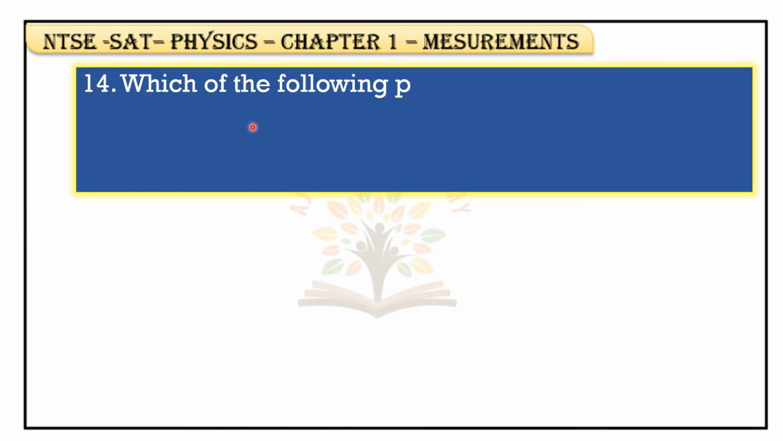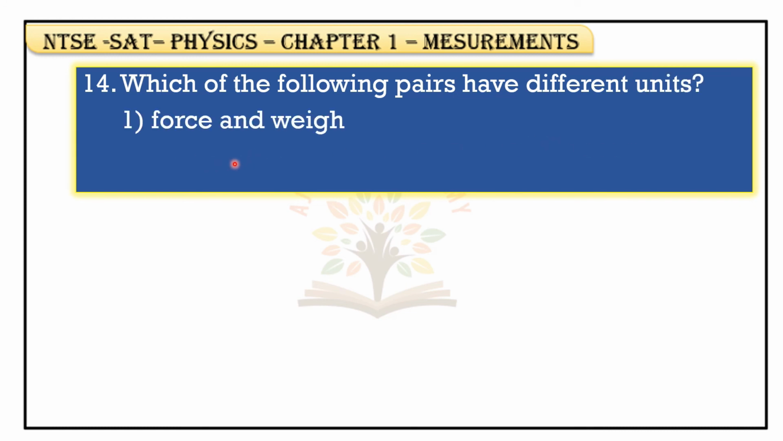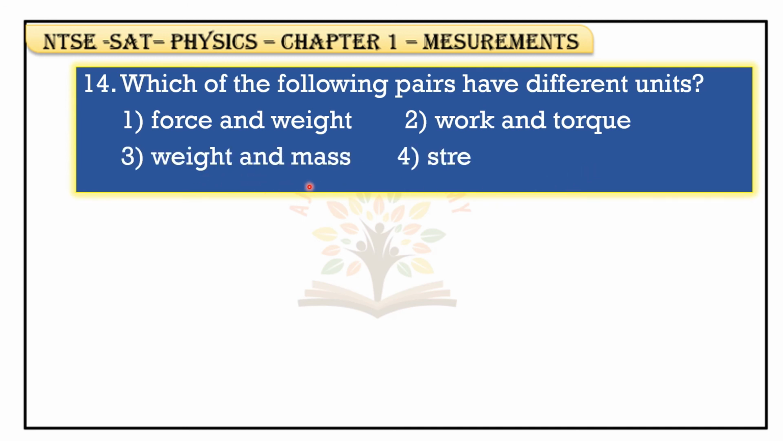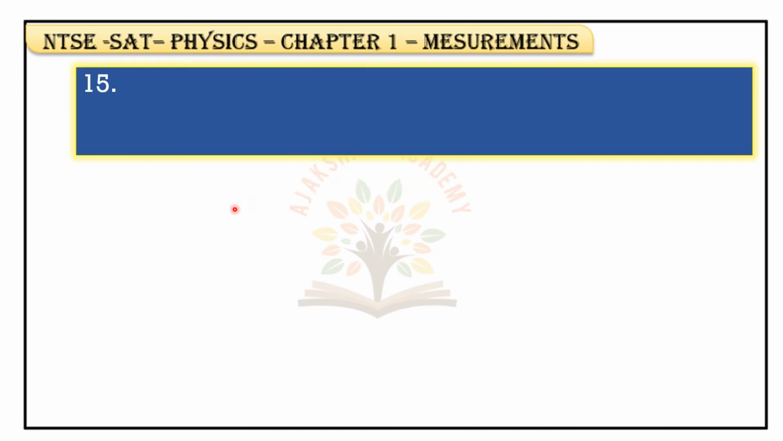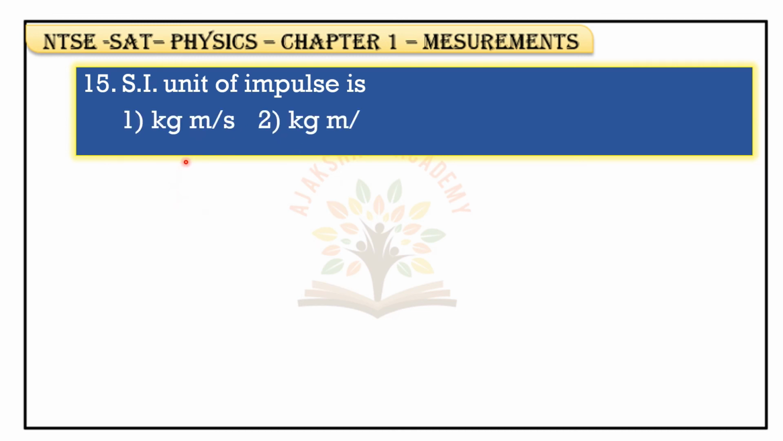14th one. Which of the following pairs have different units? Force and weight, work and torque, weight and mass, stress and pressure. Here, which of the following pairs have different units? Nothing but weight and mass have different units. Okay. Next, SI unit of impulse is kilogram meter per second, kilogram meter per second square, kilogram second per meter,